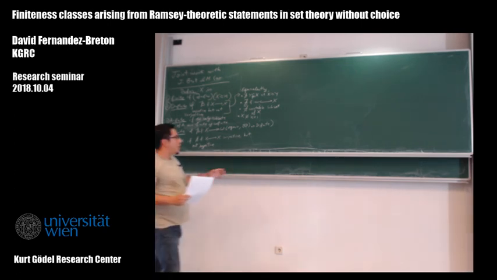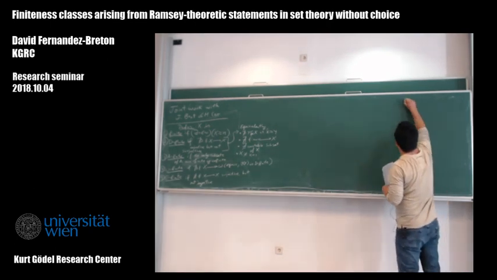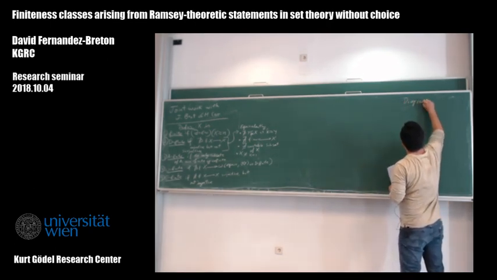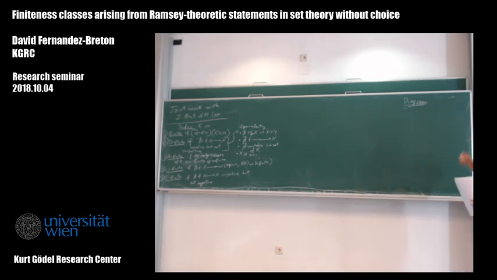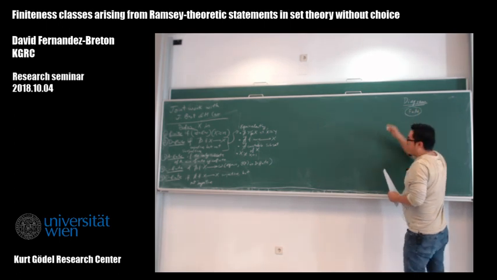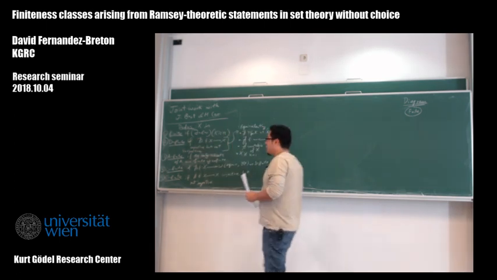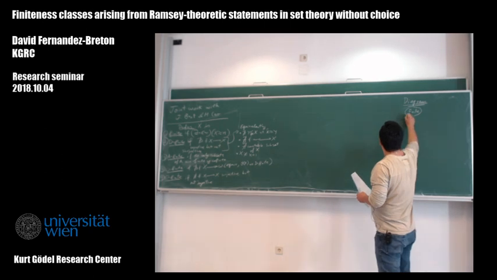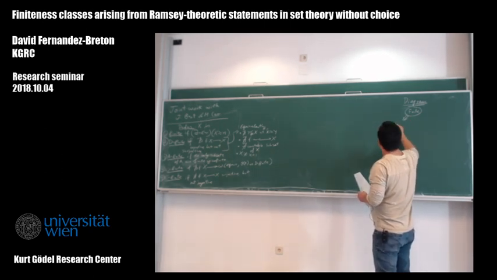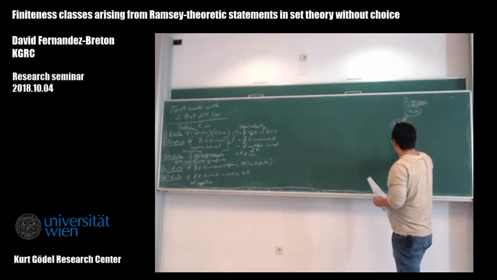All right, so I'm going to try to draw a little diagram here on this side. So those are my definitions. This is going to be my diagram, locating all these notions. Finite is the weakest. Every finite set satisfies each and every one of these definitions. Okay. Finite implies A finite, and A finite in turn implies C finite,